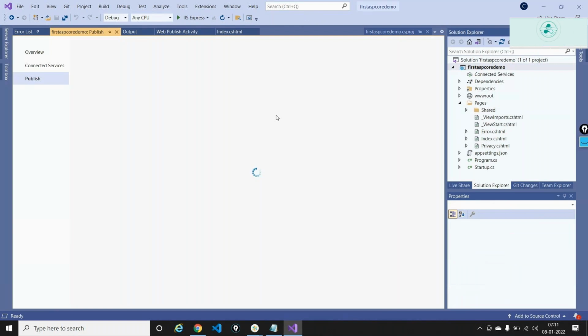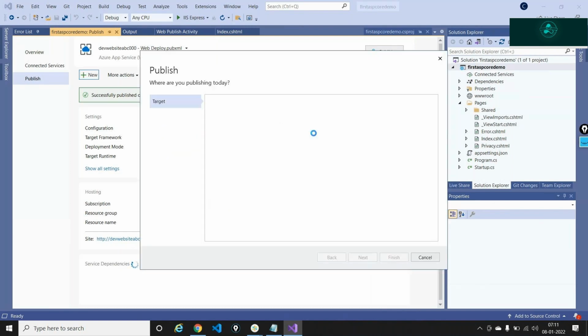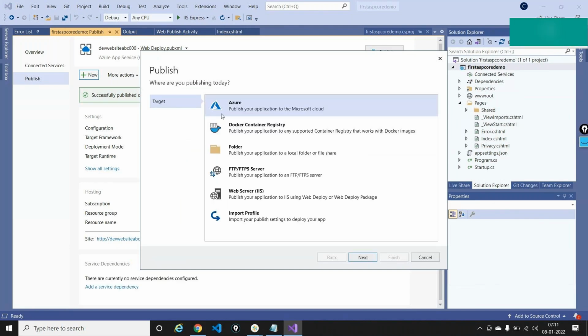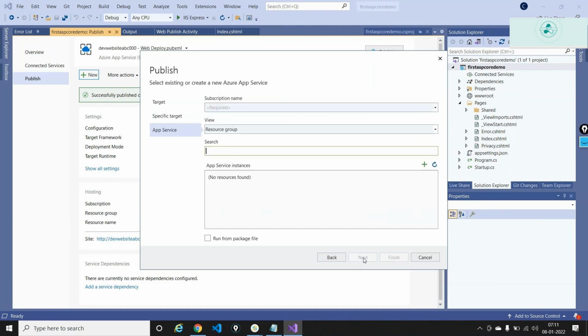Once I hit the publish button out here, let me open up a new publishing profile and target my application. I'm choosing Azure, and I'm saying this is an Azure App Service running on Windows. I'm saying next, and selecting the resource group in which my application is in.